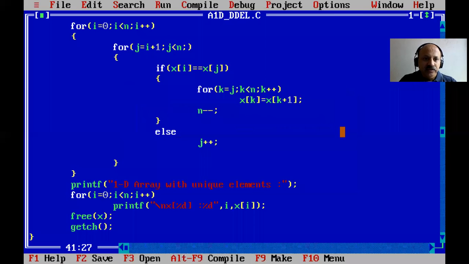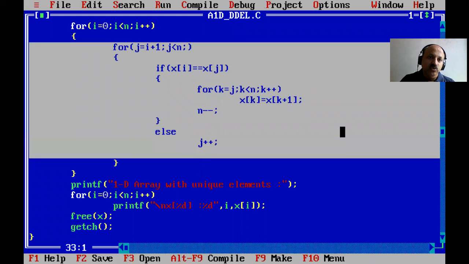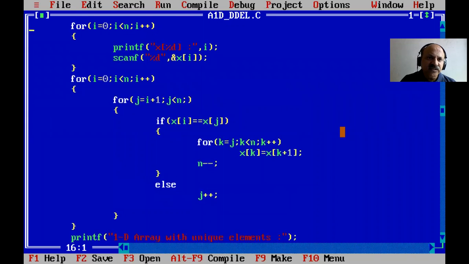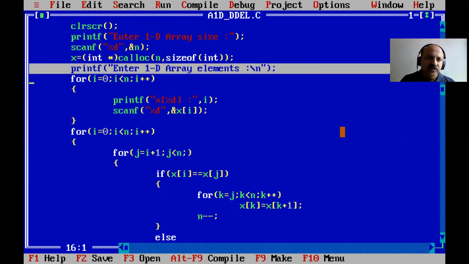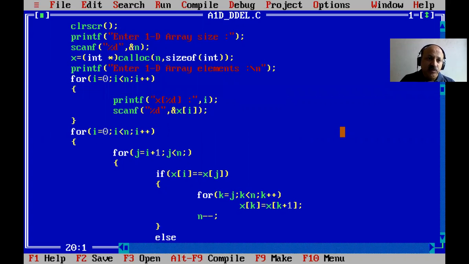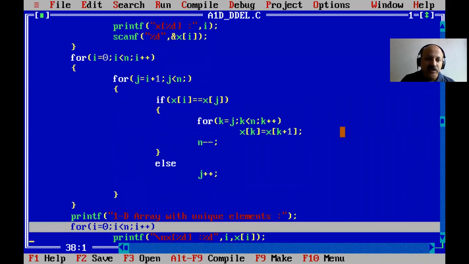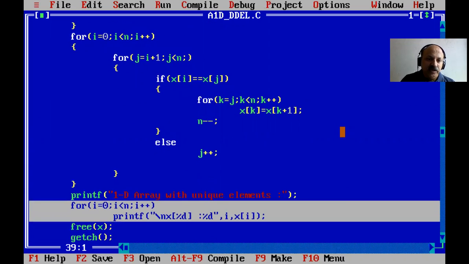So that is perfect. Yes, that for loop is very important, and here in the else part we take j plus plus. Here in the for loop we cannot provide j plus plus. So that is a very important logic to remove our duplicate elements. You can try run, test, watch window and trace this logic yourself so you can understand better. Yes, that is our input, and that is our process, meaning the logic of this program. And last, the unique elements we have to print, that is our output, and free also.